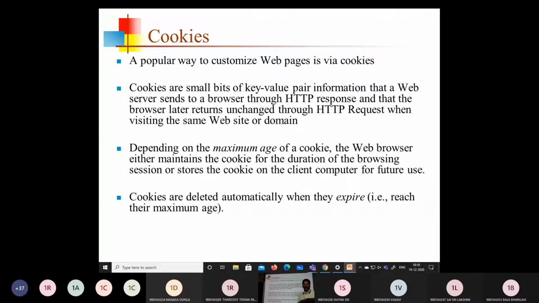We have seen the different kinds of methods inside the HTTP session object, like the request.getSession method, session object dot setAttribute, getAttribute, invalidate, and removeAttribute methods. In the previous class we already discussed the syntax and each method of the HTTP session object. From Monday onwards, we will experiment with these two session tracking techniques in servlet programs. Now coming to the second technique of session tracking, that is cookies.